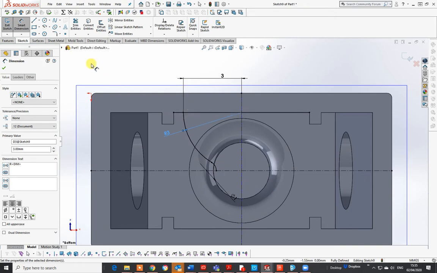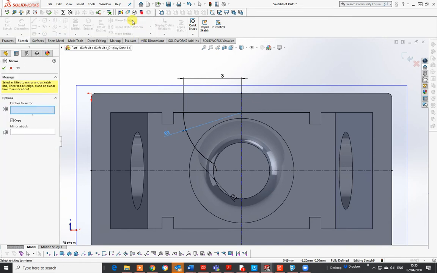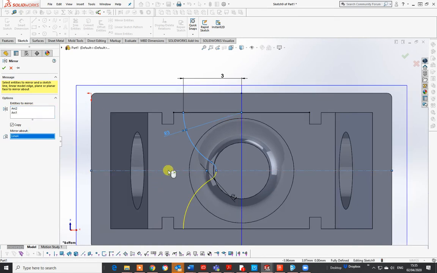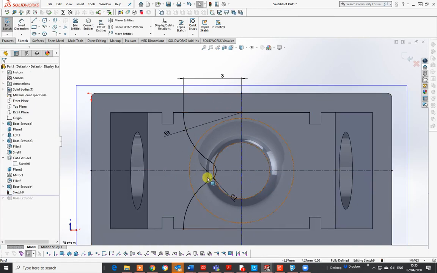So I can either just mirror that, which I'll do. So go mirror entities. I'm going to mirror that and that. It's going to ask me for mirror about, that one there. And there I have my basic line in that I actually require. As I said, I think I've got a problem there, but I will show you how to get out of